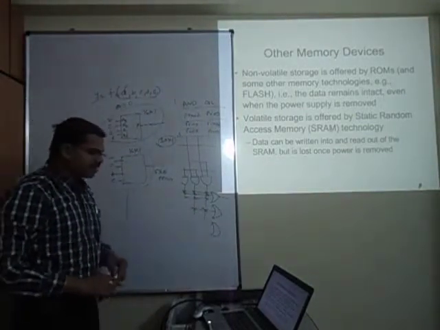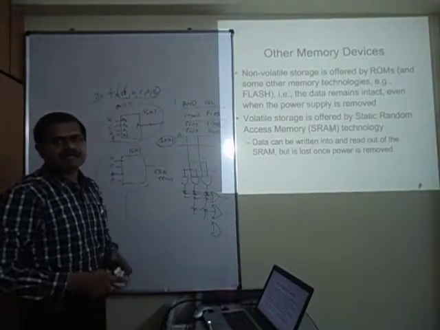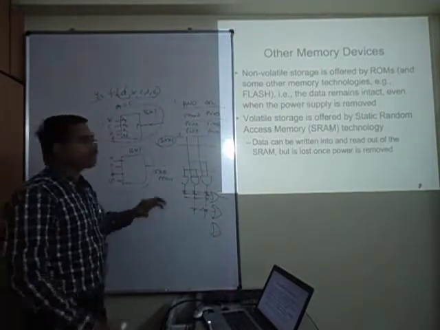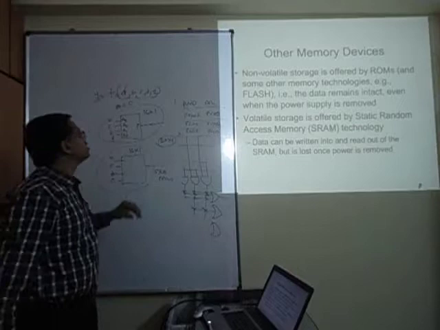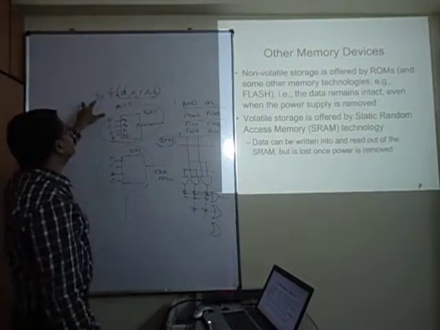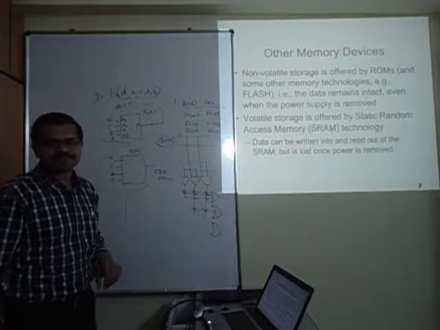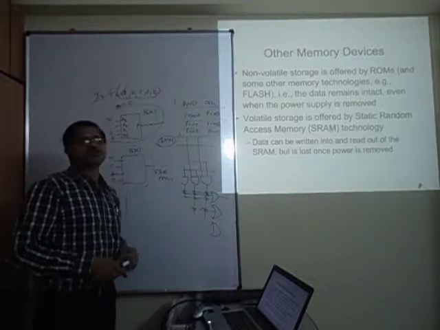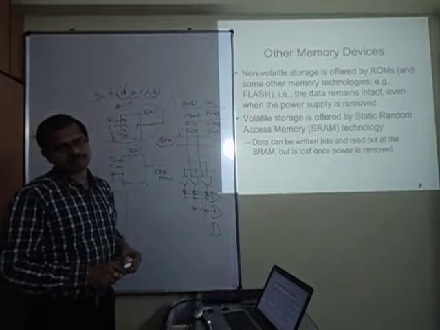That's how it happens. I can leave a pointer here to one of the assignments once we start the FPGA synthesis part: take an example like this, write a simple VHDL or Verilog code, take A, B, C, D, E as std_logic or any 1-bit reg type. Then write a Boolean function, making sure all 5 are used in the expression, something like y is equal to a bar b plus c d bar e. Synthesize and see what happens. Once you look into the floor plan of the FPGA after synthesis, you will notice that 2 lookup tables are used. Sir, after writing the code, can we see this type of architecture?